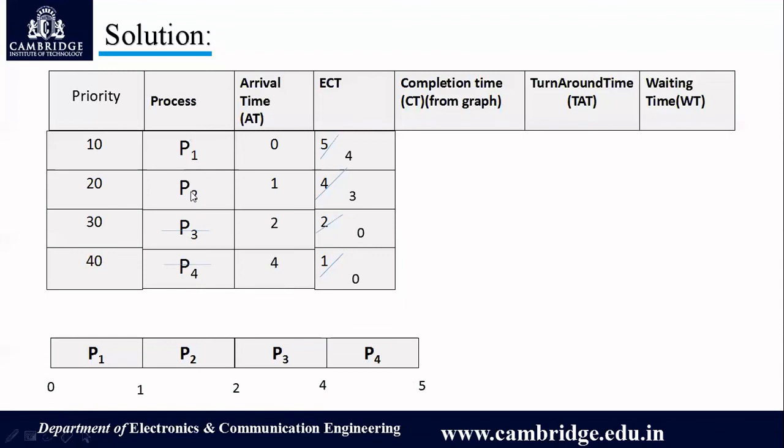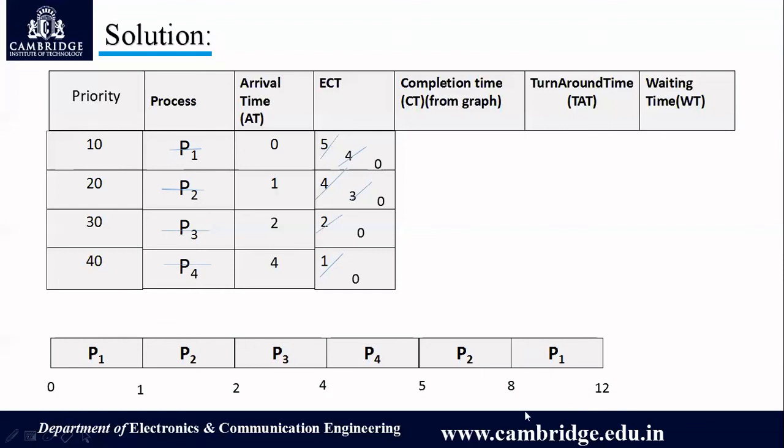Now you are left with P1 and P2, out of which 20 is the higher priority. So P2 is chosen, and this would get executed for 3 milliseconds completely, so it has now completed its execution and you can remove it from the queue. And lastly, it is P1 which is going to get chosen, and this is going to get executed for 4 milliseconds. So it will go up to 12, and with that P1 is also completely executed. So this would be the sequence in which the processes are given to the CPU for execution.